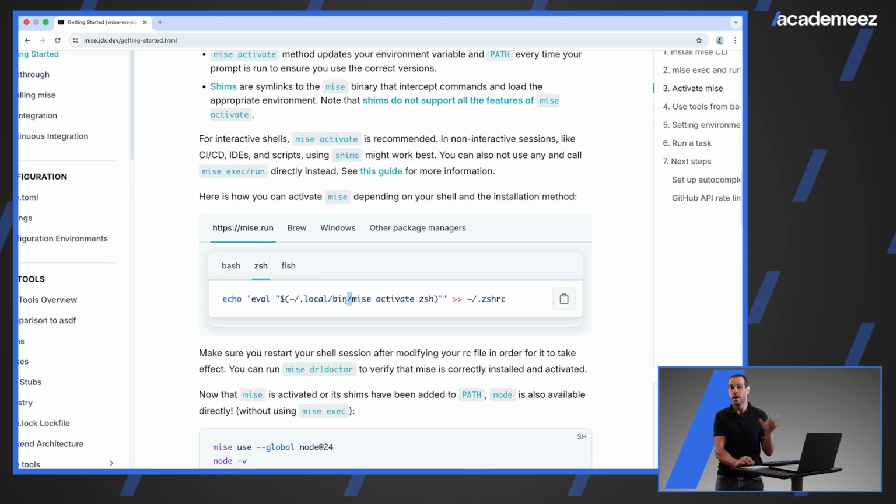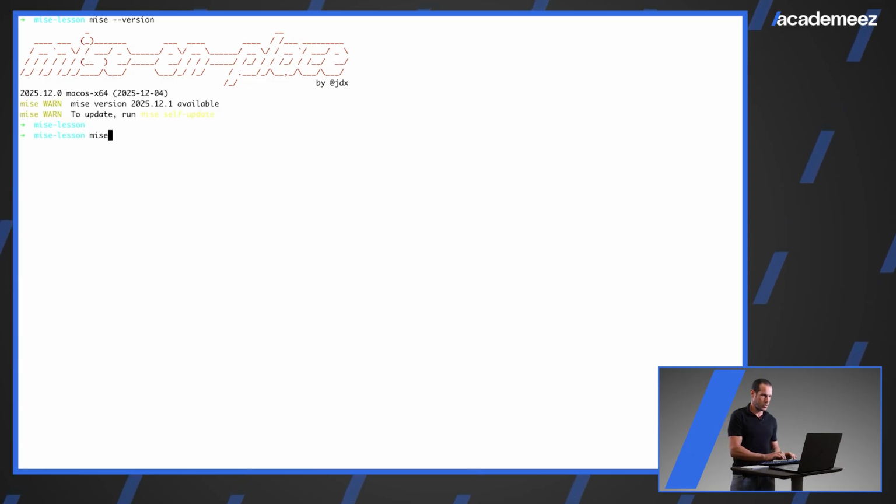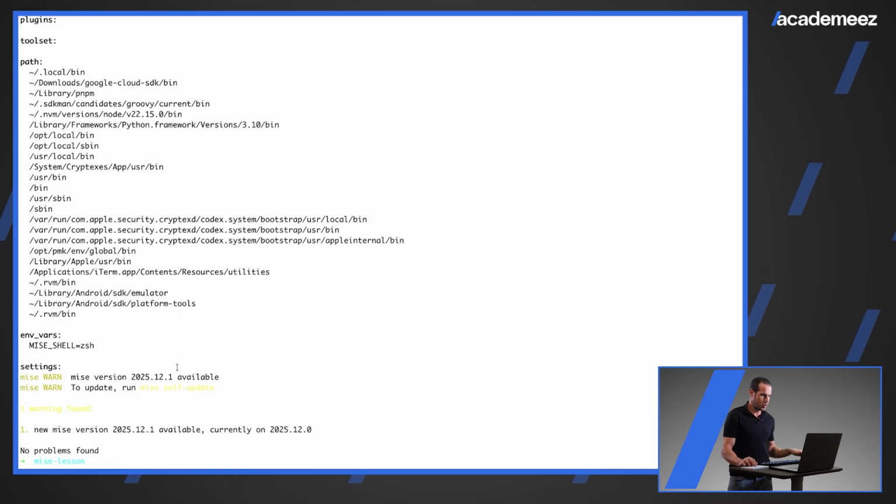And try to do it. Stop the video, try to do it now. After you finish installing Mise CLI and activating, you check that everything is installed by running mise --version to check the version. And you can also run mise doctor, and you should see